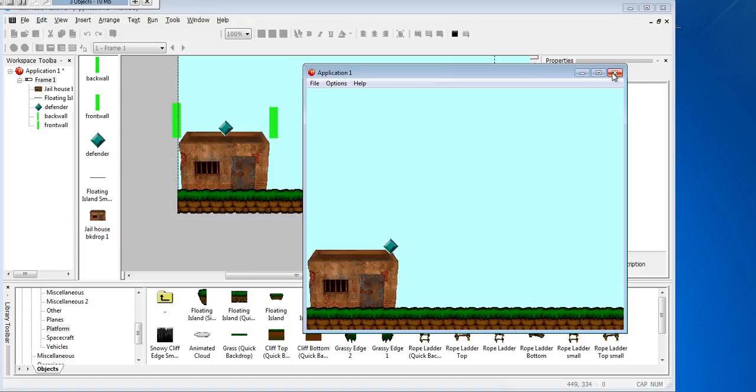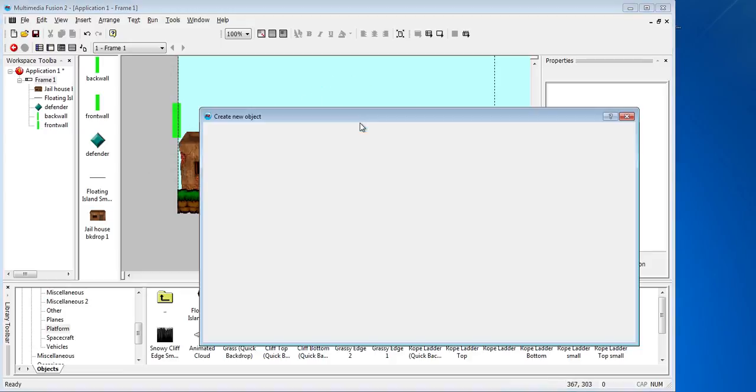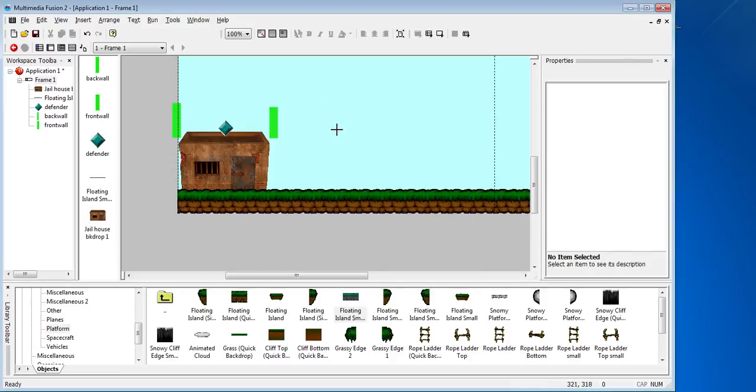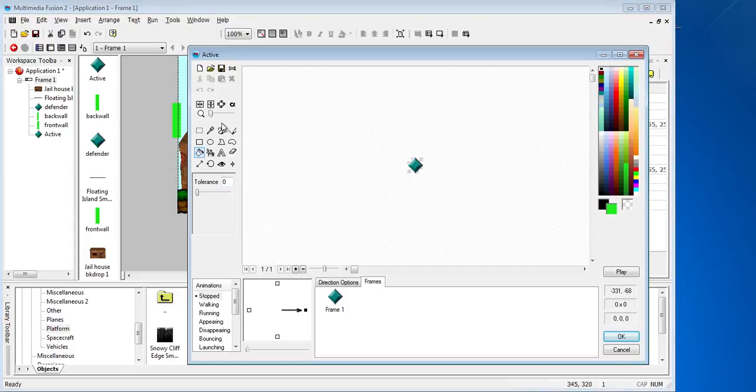So that's our character ready to go. We'll use the drawing tools later to put a different one in. So the next thing I need to do now is make the weapon that he's going to fire. So again, that'll be another active object, and we're going to have to change this. So first thing I'm going to do is make the screen a bit bigger because I'm going to be drawing,